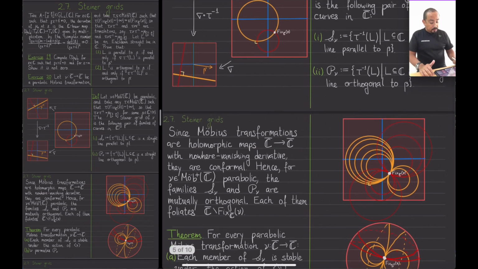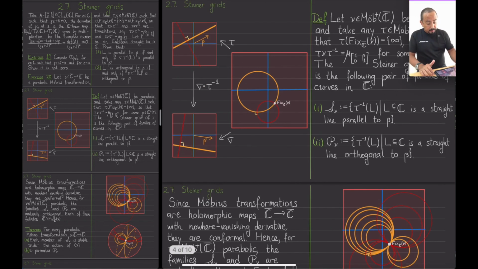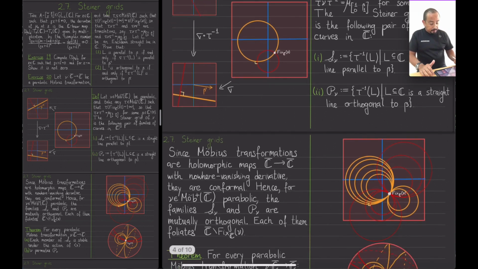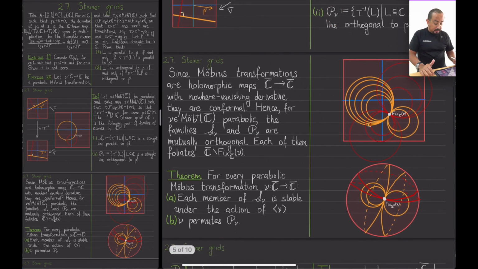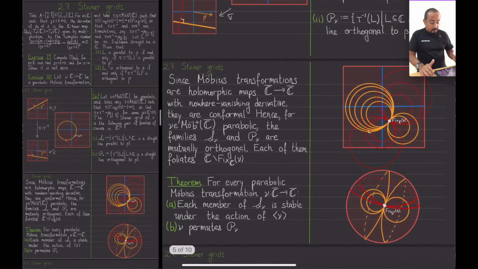And since nu permutes the orthogonal family, it turns out that the other family, this P nu, is permuted by nu, and this is rather straightforward. It's just an exercise in conjugation,